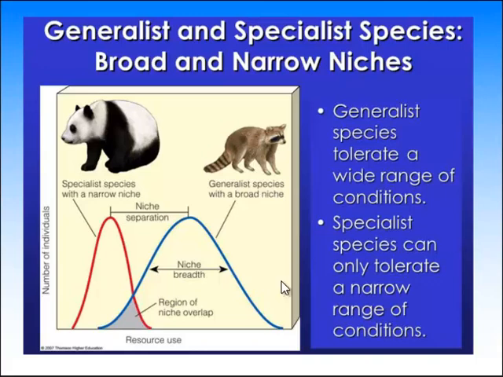Look at the niches for each animal and notice that the panda has a much more narrow niche that I was telling you about in the last slide. And raccoons, look at how wide their niche is. So they're not picky. They're generally happy in a much wider niche. They have a higher tolerance for a wide range of conditions. The panda can only tolerate a narrow range of conditions. Thinks he's special. Additionally, their niches overlap here. See where the overlap is?